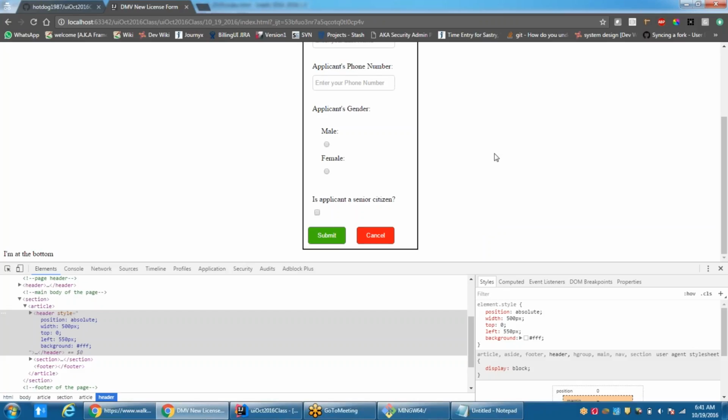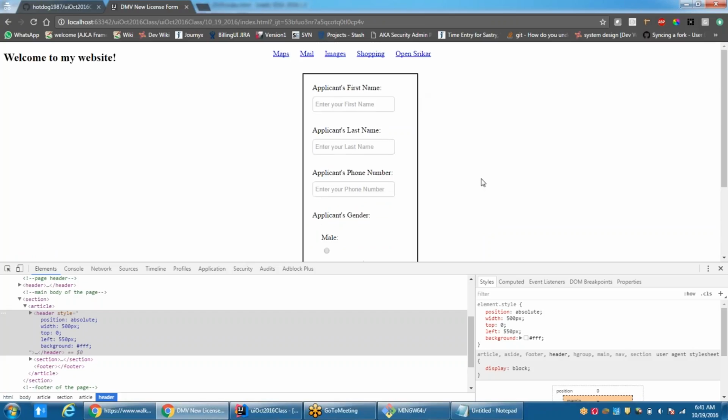Like at this point, if I scroll down, I don't know if the user wants to go back, how will he, like he has to completely scroll to the top. Some users, they don't like it, so they want this to be available at all times. Like if I make it fixed,